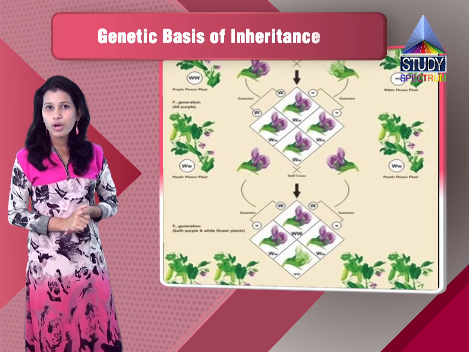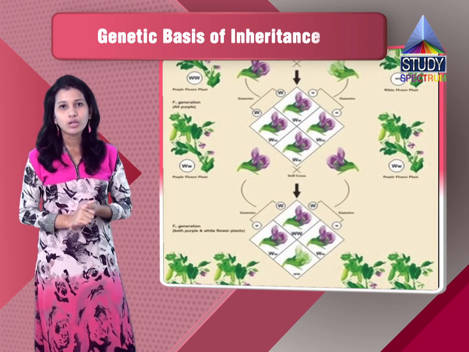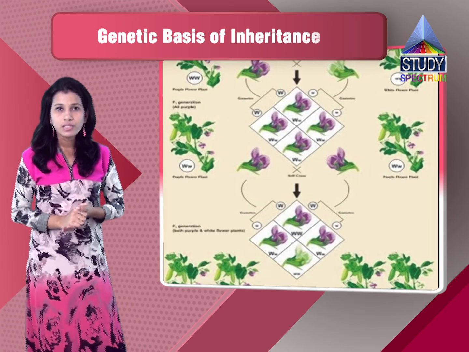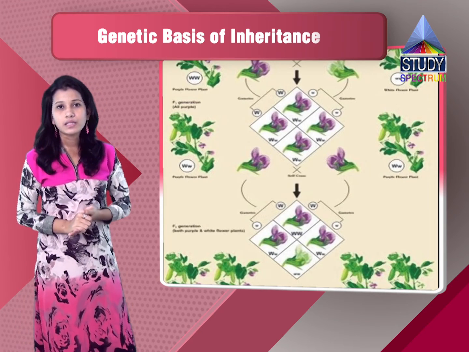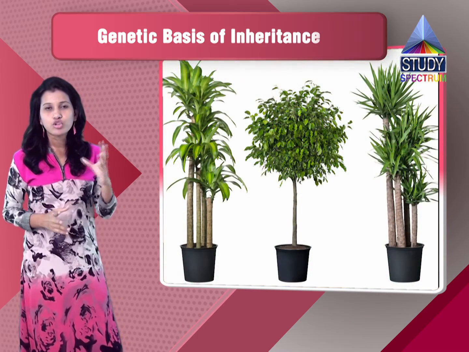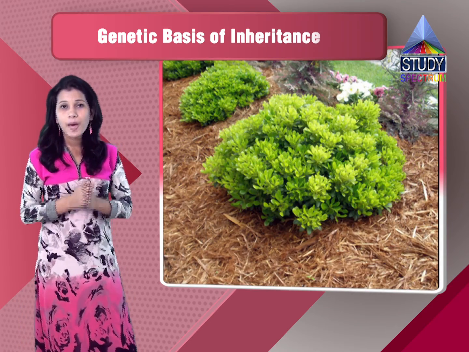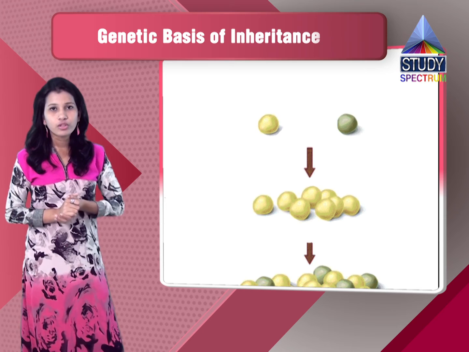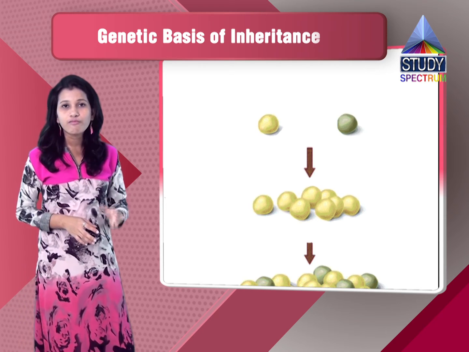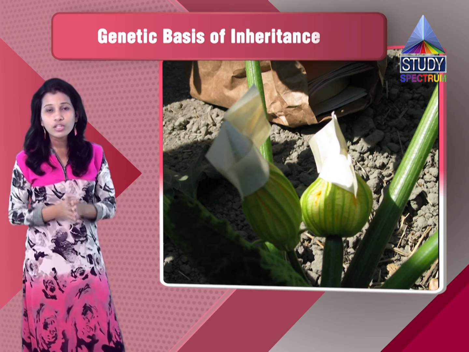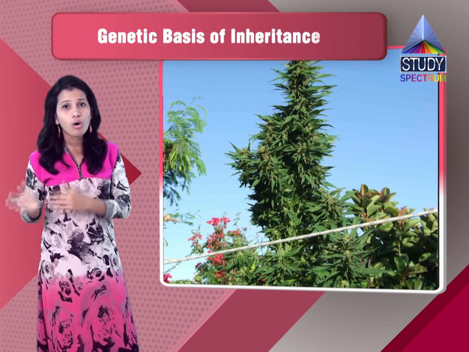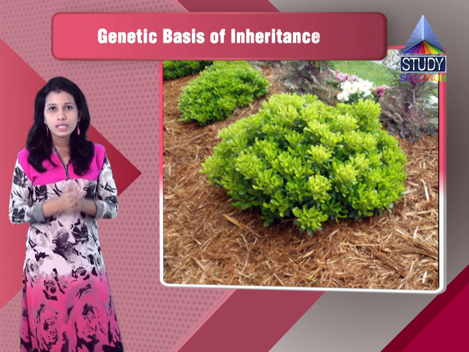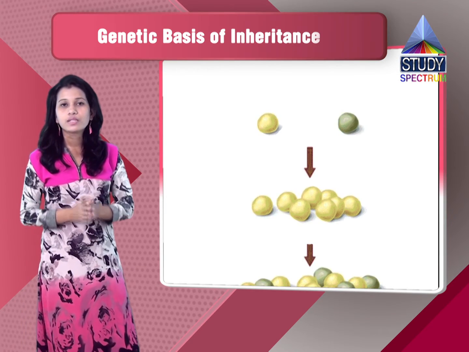Before writing the answer for the monohybrid cross, you should also write the steps which are included in the monohybrid cross. The 3 steps which Mendel did for all his experiments were: the first step, the selection of the parents. When Mendel selected the 2 parents, a tall plant and a dwarf plant, he made sure that the parents are true breeding by selfing them for 3 generations. After allowing them to self-pollinate for 3 generations, he saw that all the generations were producing tall plants only, or in the dwarf case, dwarf plants only. So he concluded that these are true breeding plants and can be used for his experiments.